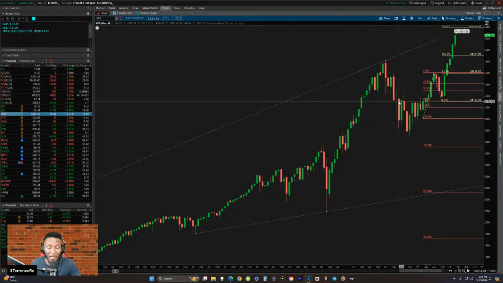And then I'm going to add on to a part 2, because in part 2 we're going to go over scanning for these setups. We're going to go over how to use oscillators to find these setups, how to use oscillators to get out of these setups. I aim to over deliver.